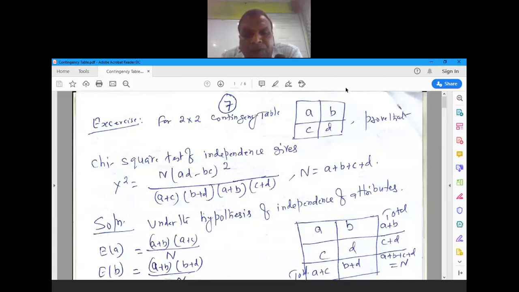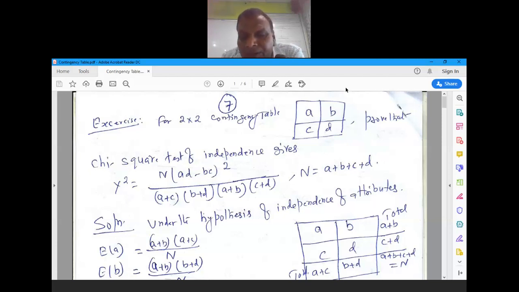So what is the meaning of test of goodness of fit? Now I repeat. Test of goodness of fit enables us to find whether the deviation in experiment from theory is just by chance. And the formula is chi-square is equal to summation of (Oi minus Ei) whole square divided by Ei, where Oi is known as the observed frequency and Ei is known as the expected frequency.